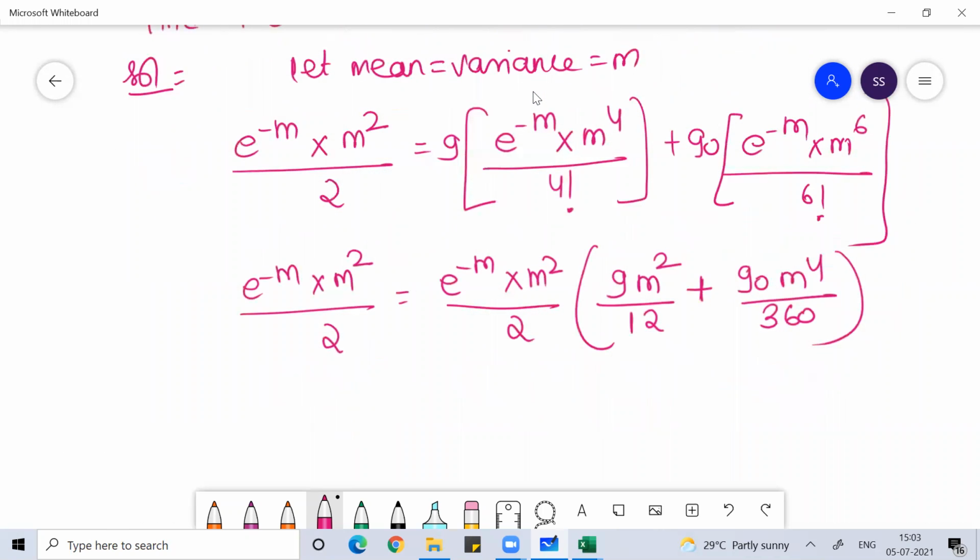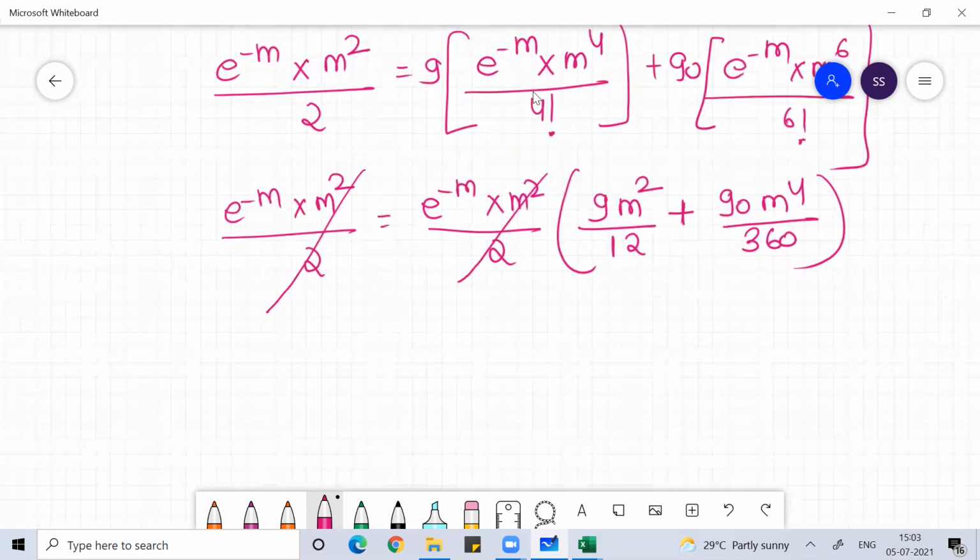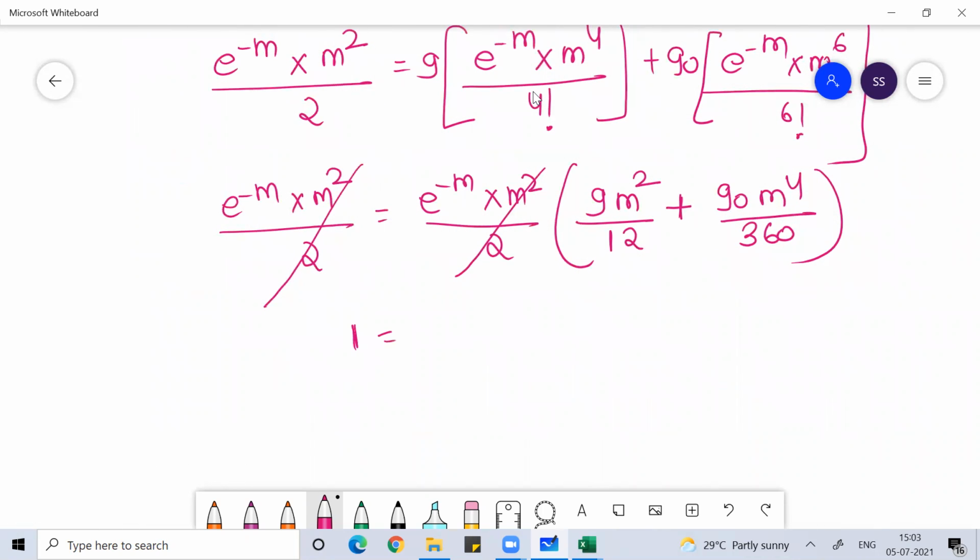So you can see I can cancel this and this, so I get 1 is equal to,